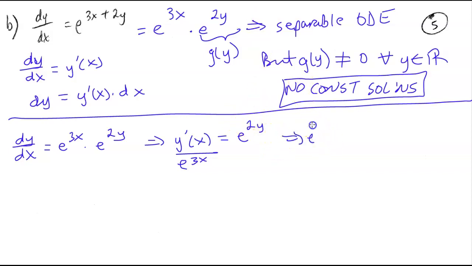And this could be e raised to the negative 3x times y prime of x equals e raised to the 2y. And as a result, at this point, to do it formally, I could multiply both sides by this dx here so that I could end up having a dy on this side. So if I multiply this by dx here, that by dx there,